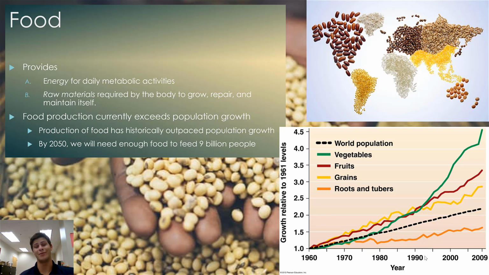Not only is feeding 9 billion people a huge challenge in itself, it is more people than we have ever had to feed in the history of mankind, but it also comes with a whole other host of problems. Problems such as climate change, which are going to render some areas of food production completely unusable and open others up that were previously unusable to expansion in agriculture. So in addition to feeding more people than we've ever had to feed before, we are also trying to do that under very changing conditions. And this is what brings us to the issue of food security that we need to talk about today in class.